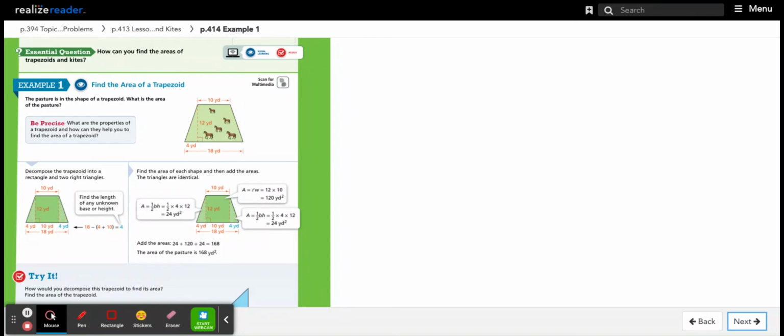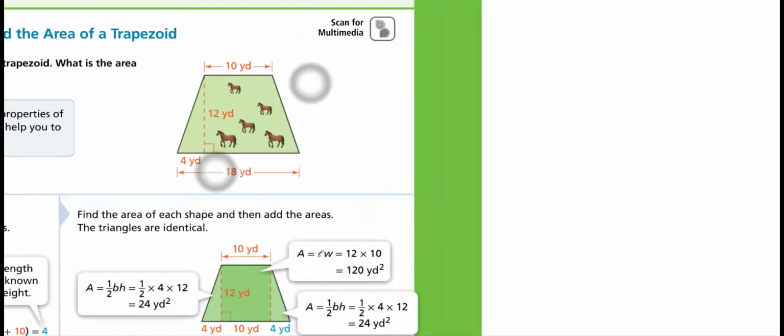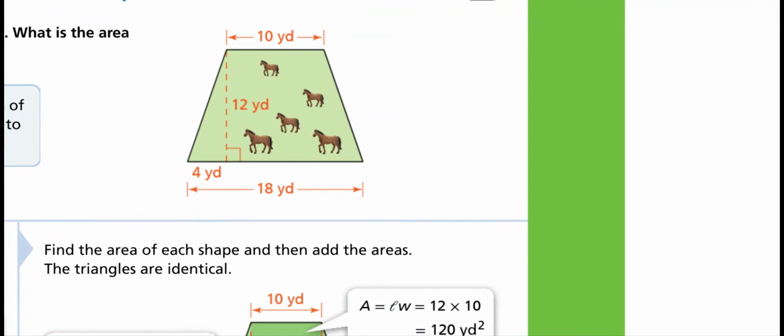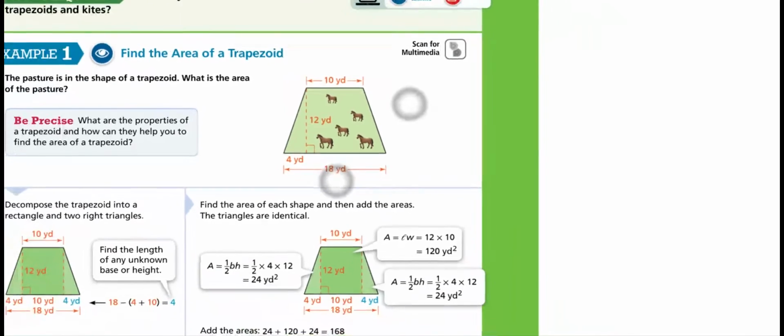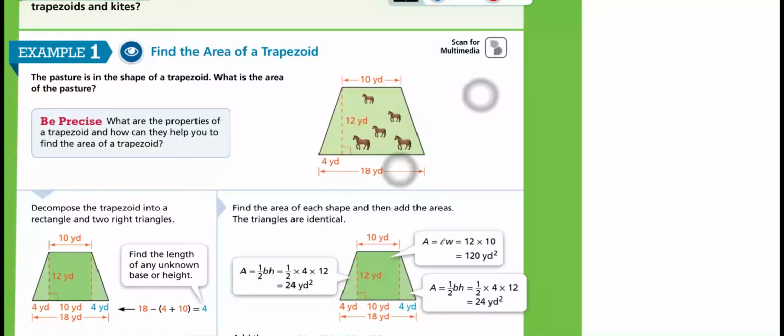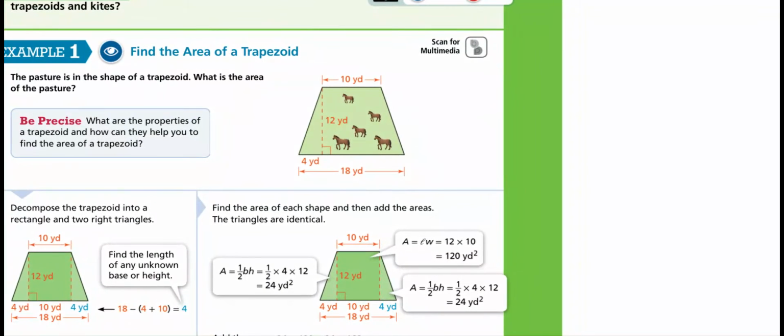This is lesson 7-3. We are going to find the area of trapezoids and kites. So to find the area of a trapezoid, this is a trapezoid, right? The shorter top, a longer bottom, and then two slanty sides that are not parallel. So in order to find the area of the trapezoid, we are going to have to break the trapezoid down